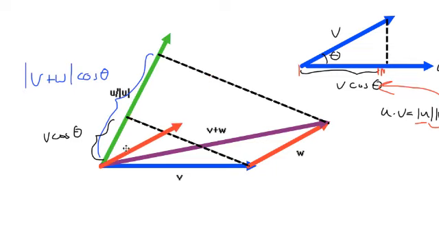But let's talk about it here. If I take the vector there and project down, then this portion right here is u cosine theta. But by